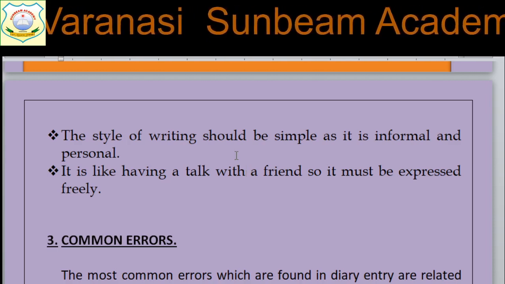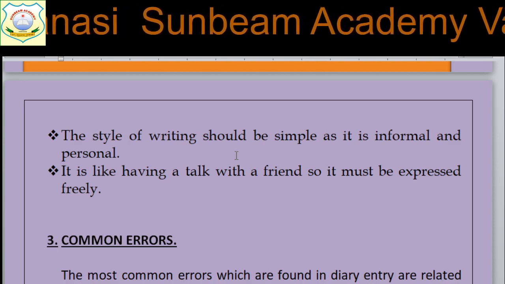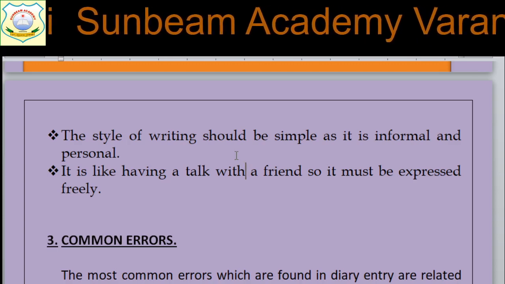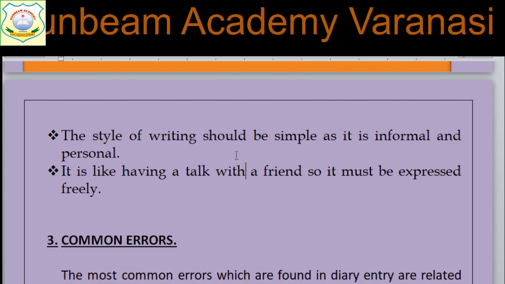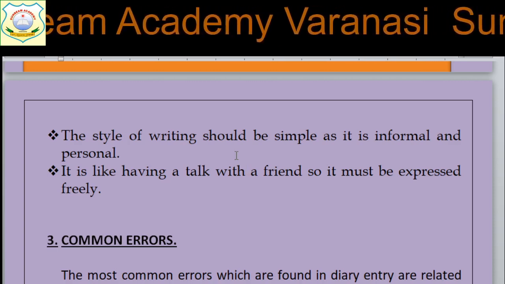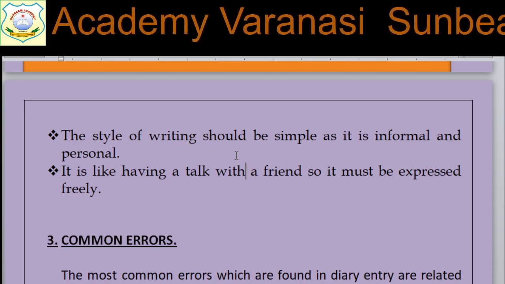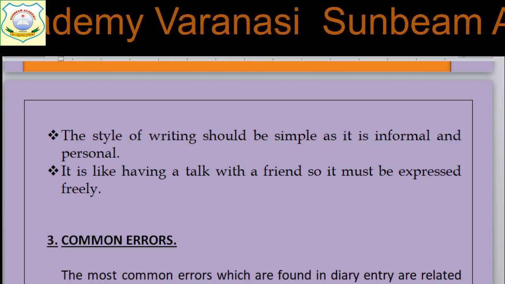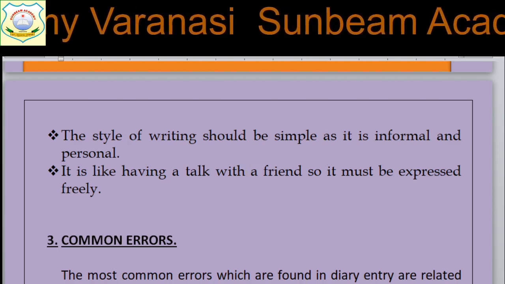Let me tell you, there are two phases of every balance. You know balance, a weighing machine. On the one side you put some weight, and on the other side you put the things that you want to measure. So that is called balance. In the same way every coin has two phases, head and tail. So in the same way, children, our life, I'm talking about the life of children particularly,